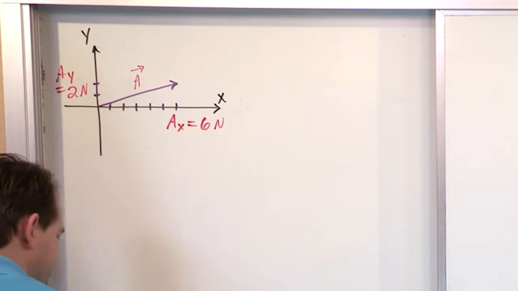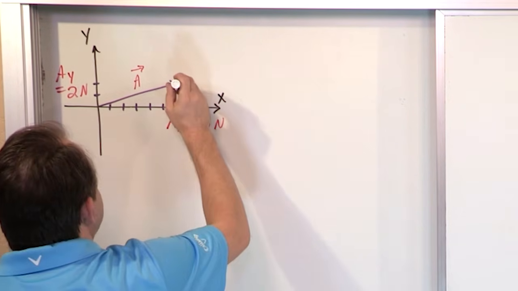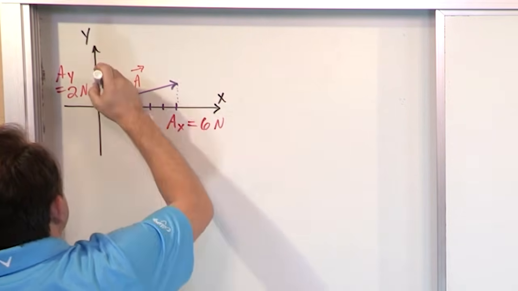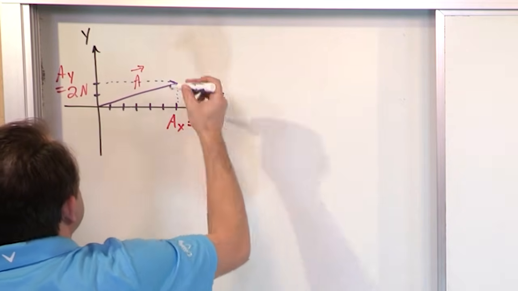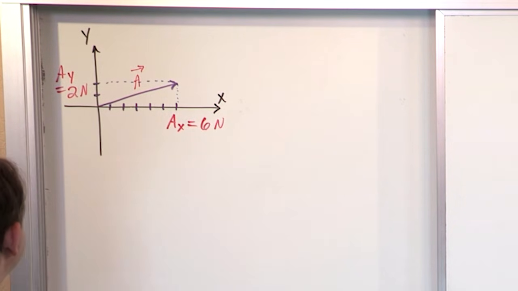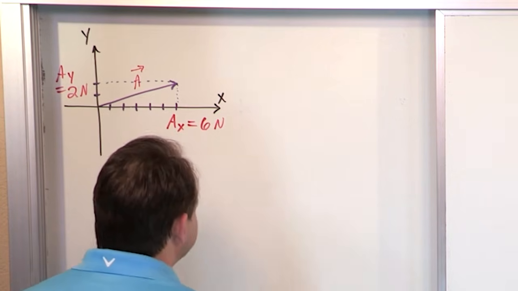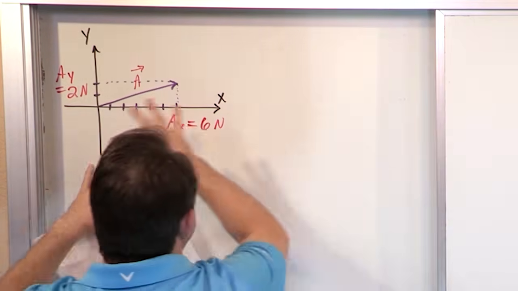So if you wanted to, you could put some dash. Sometimes you see in your textbook a little dotted line here, a little dotted line here. That's fine, okay? So that's vector number 1. Now, I have vector number 2 I'm going to draw next to it, and ultimately I want to add these